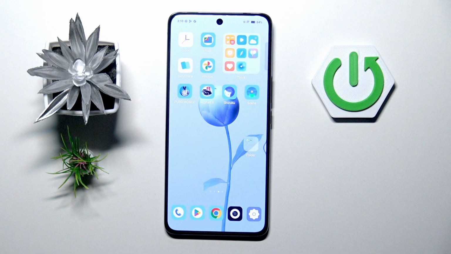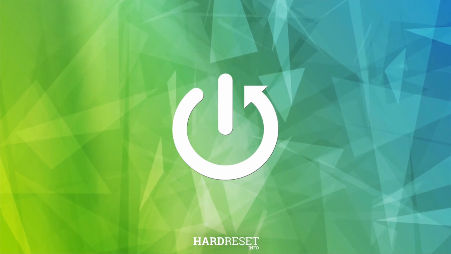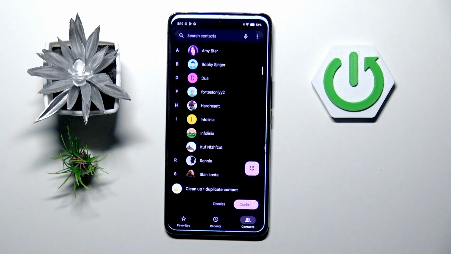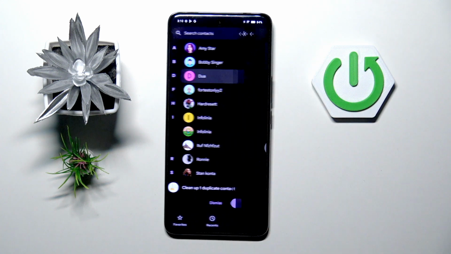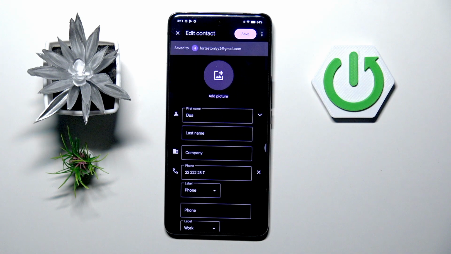Hi guys, in front of me is VIVO V50 and let me show you how to add photo to contact on this device. At first, open your phone gallery, then choose the contact that you want to personalize, select edit and mark add